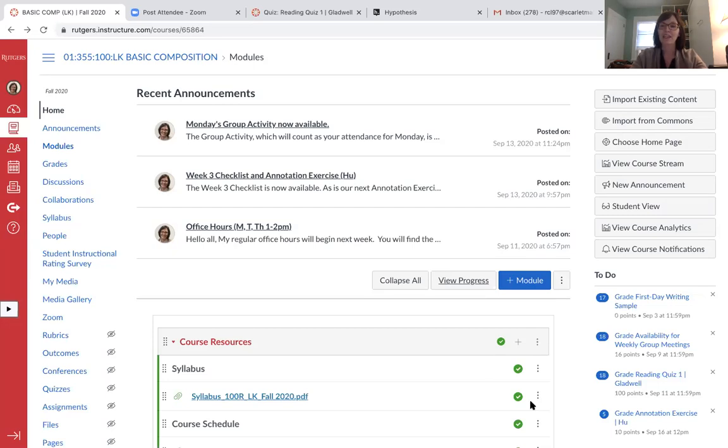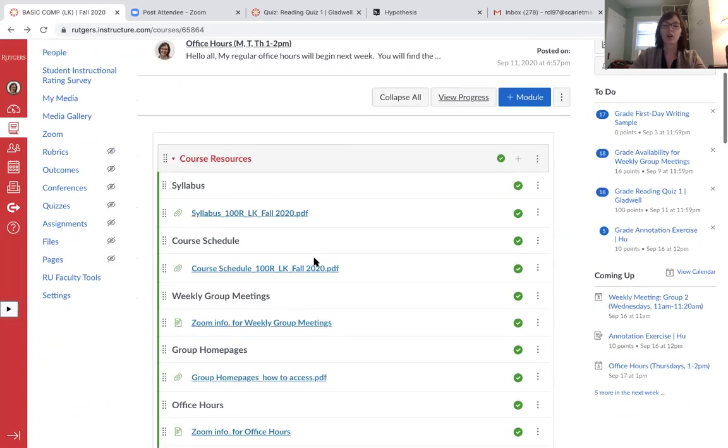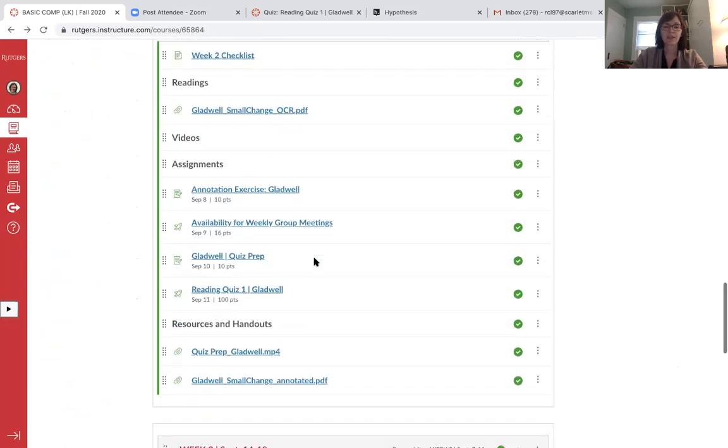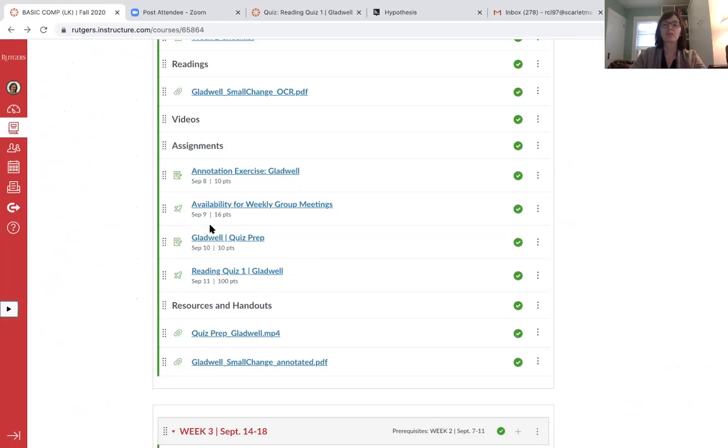Okay, and so how that's gonna work is I've added a new resource for us, and I'll show you where to locate it. So we're on our homepage here. If you scroll down, this is week 2. So week 2, right, focused on Gladwell. And so what I've done is I've annotated Gladwell's article, right? So we were practicing annotations in our hypothesis document,